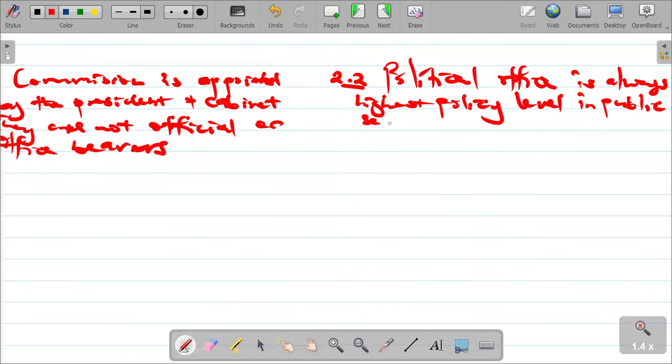So as we can see, the political office is always the highest policy level in